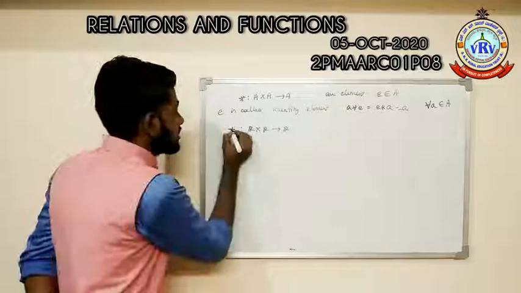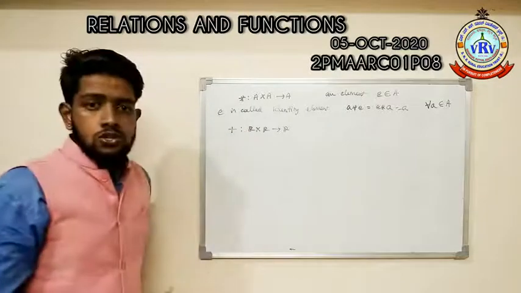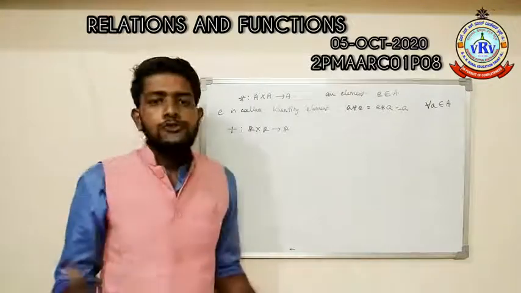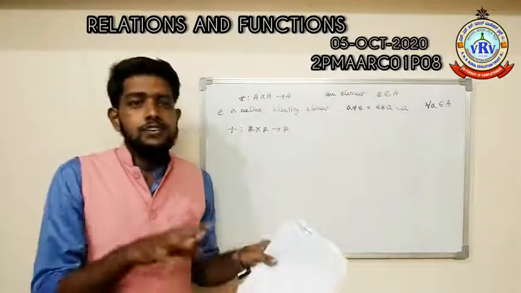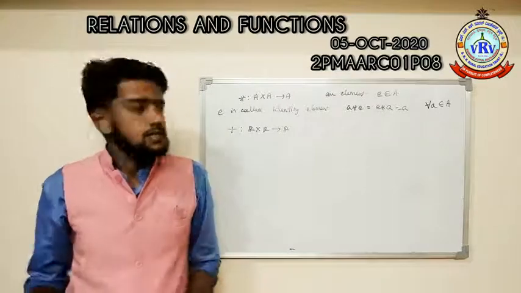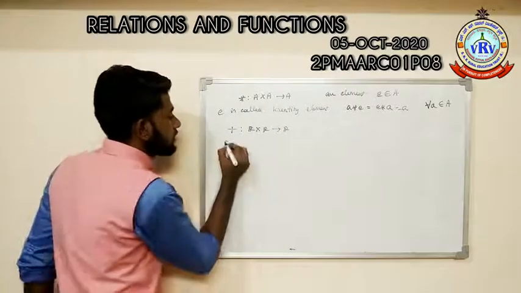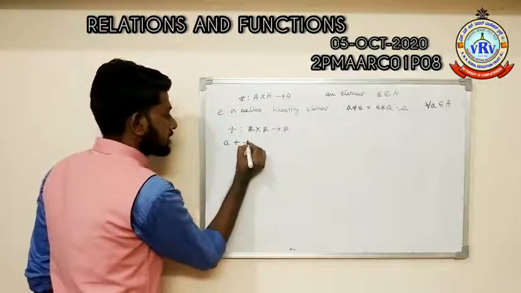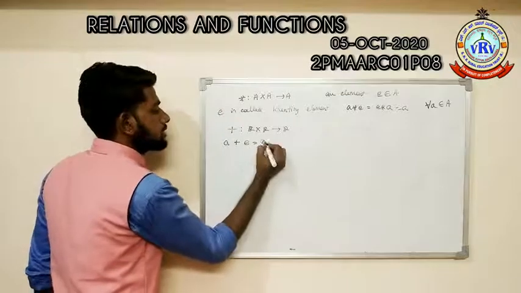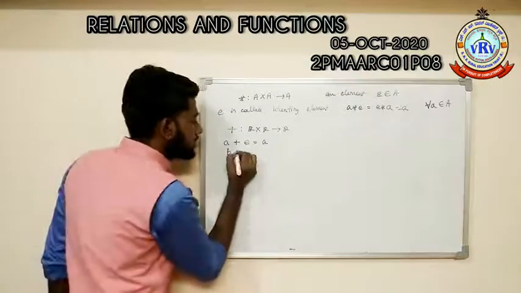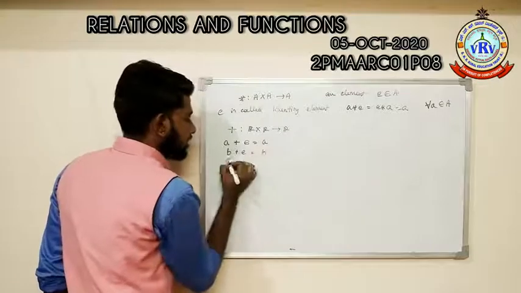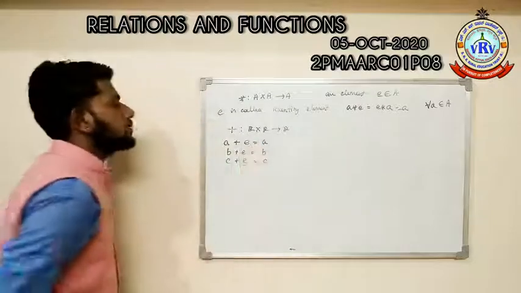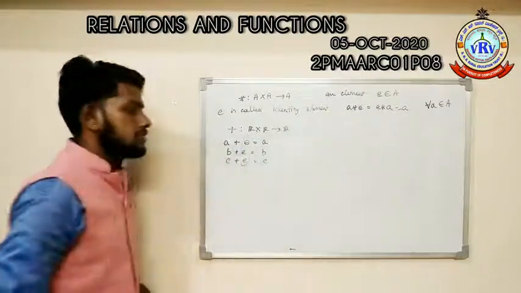Here we are considering the operation addition, so you have to find one element from the real number set. If you add any element to that element, it will return the added element, right? Let me take one element a. If you add that a to this element, it will return a. If you add b to the element e, it should return b. If you add c to the element e, it should return c. You have to find such an element in the set R.